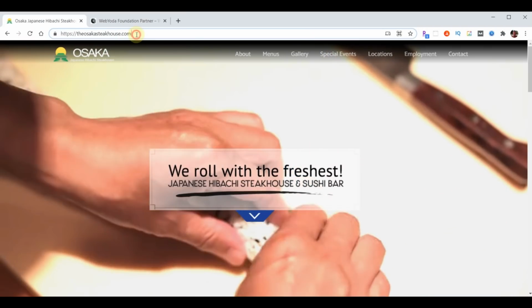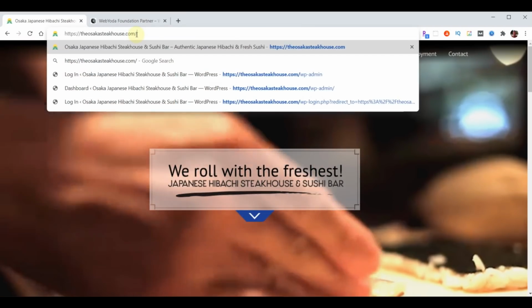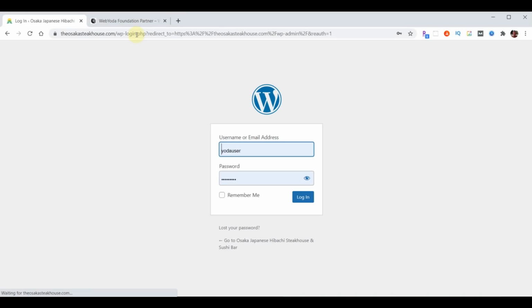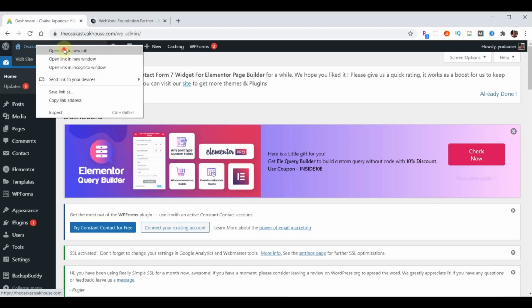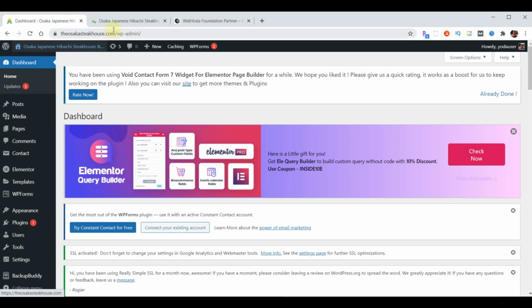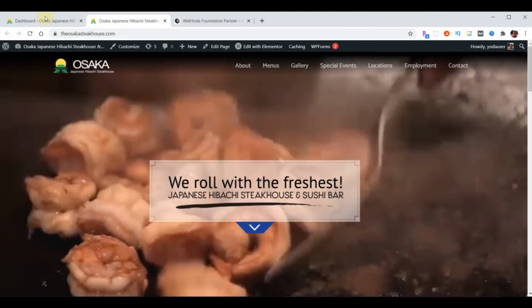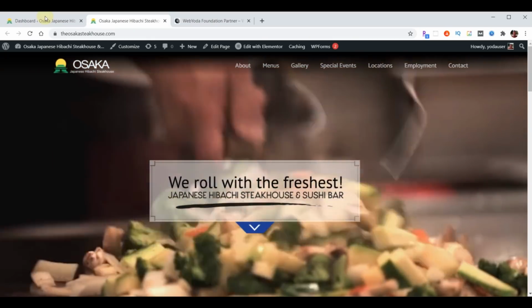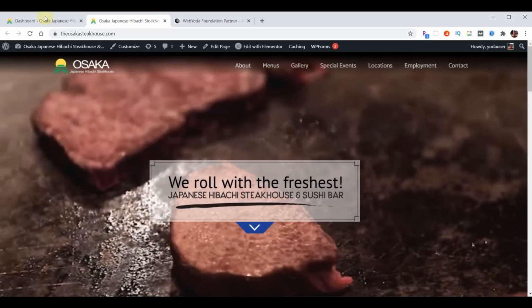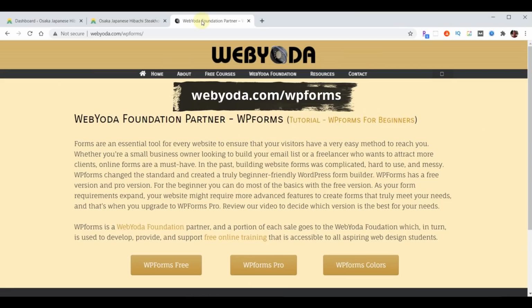So let's go ahead and go to the WP admin to log in. Log into that website. Now we're going to open up the extra window by right-clicking here and open a new tab. And that way we can see the website as we're making changes. Now the features we're going to use now are going to require a Pro version. So we go back over to this third tab, and we're back at